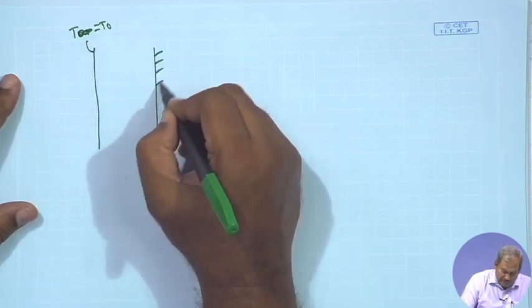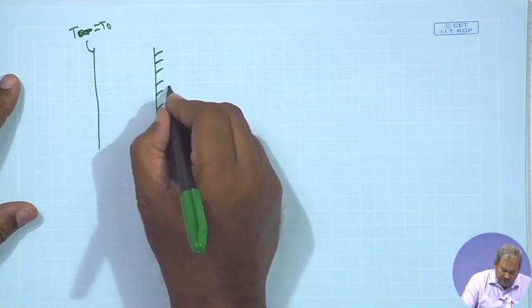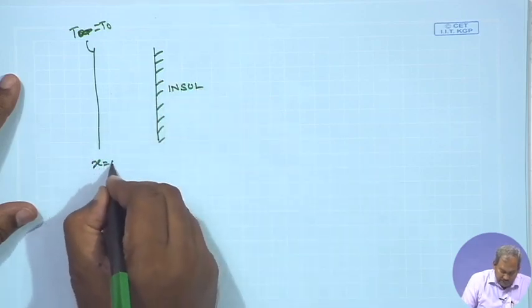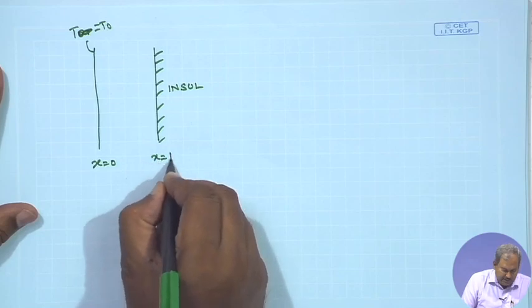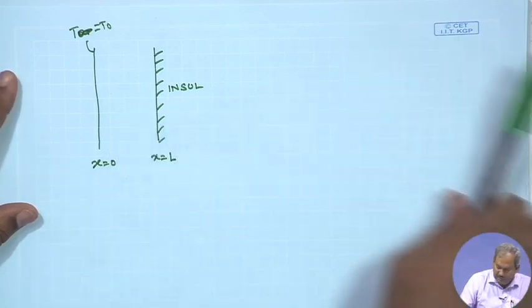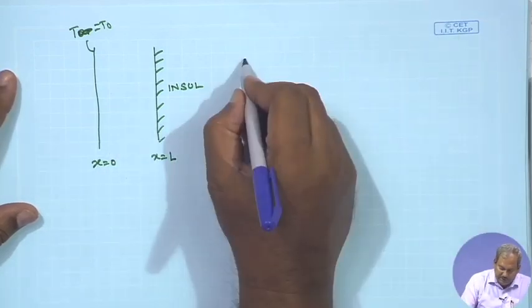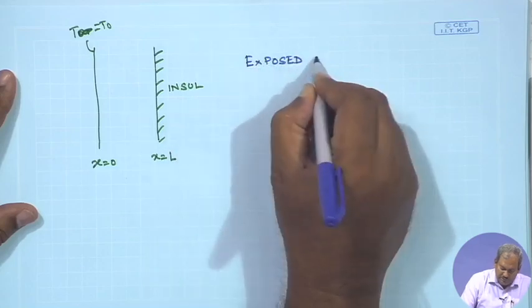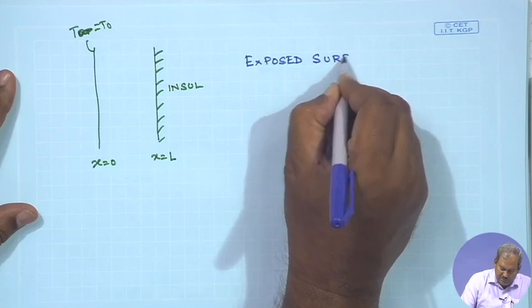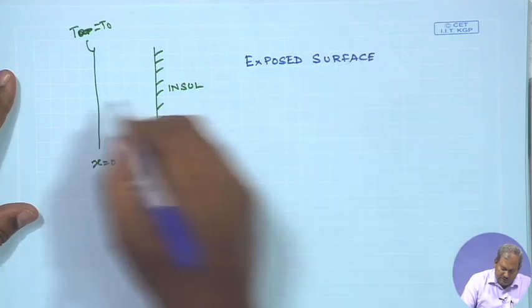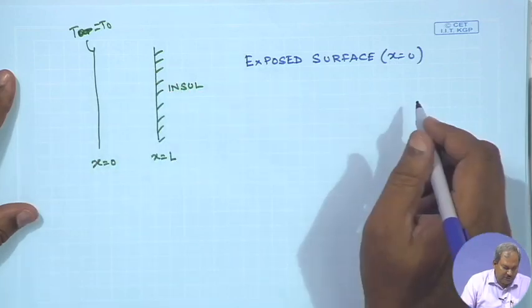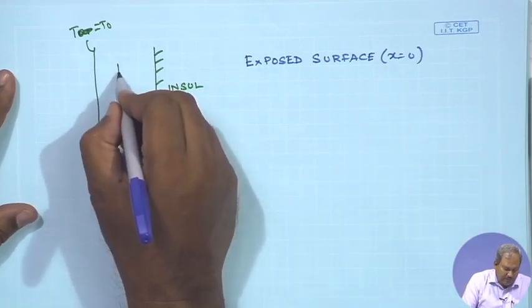This surface is insulated. This is located at x equals 0 and this is at x equals L. And by exposed surface I obviously mean at x equals 0. So, this is the exposed surface, its thermal conductivity is K,